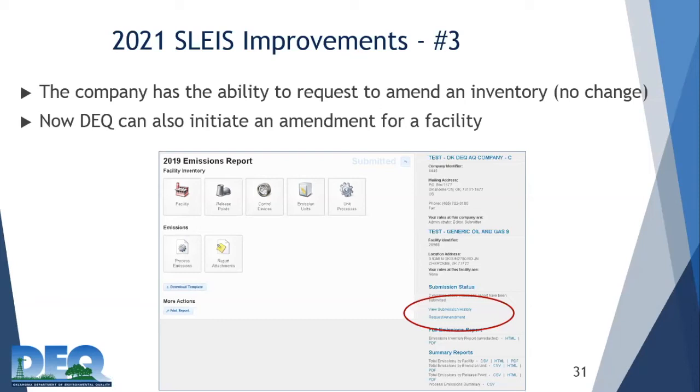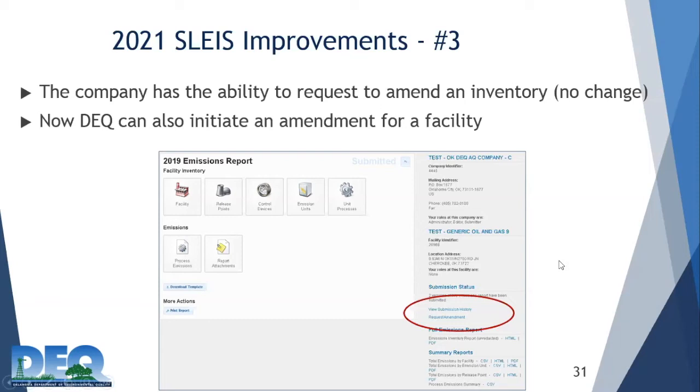So that's a little more seamless when we're contacting you. We don't have to say, hey, we've found this error in your report, go ask us to do an amendment and then we'll grant it. We can just notify you, hey, we found this error and we've opened up that report for you to make the correction.